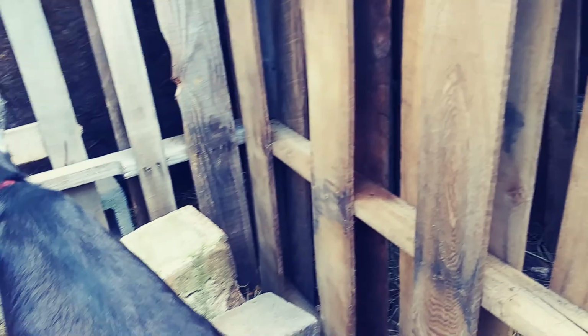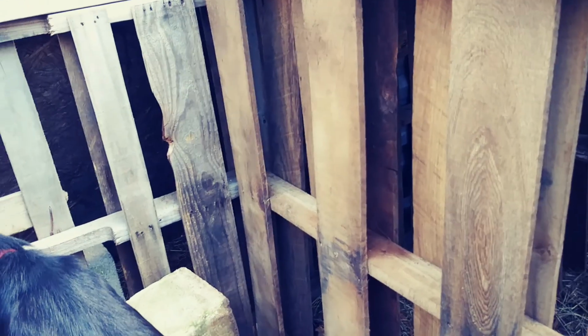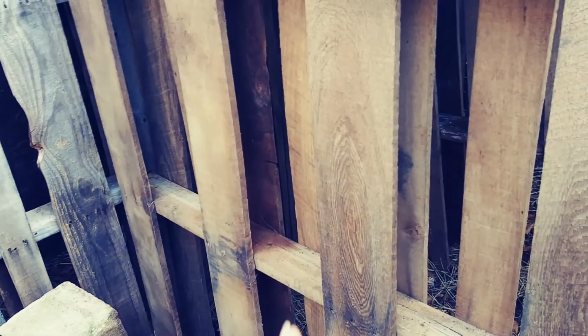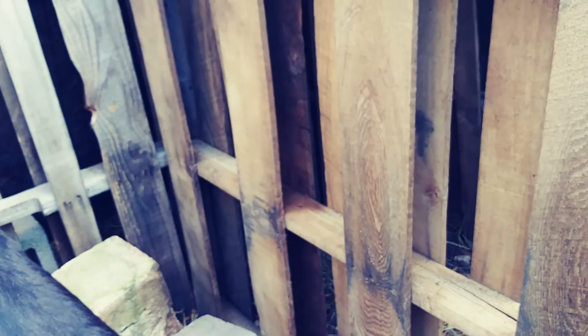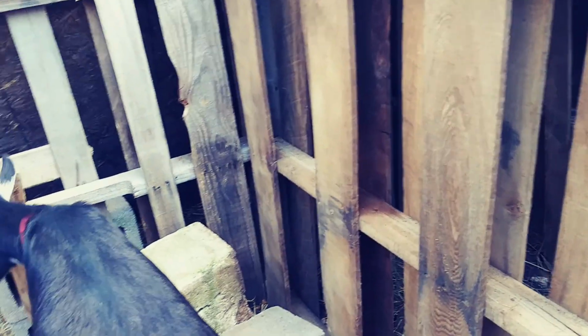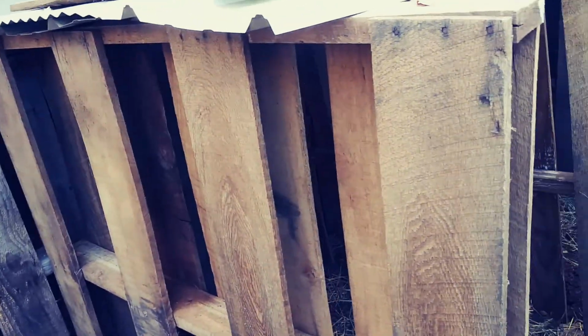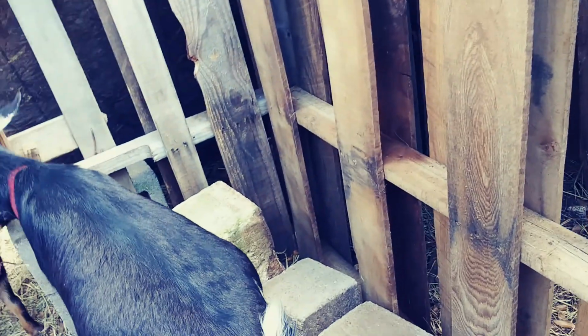I could have put another one right here if I hadn't put the door, so I may spread these out and make them just 2 great old big ones, and could use those for birthing stalls. When I got maybe a couple going in labor at the same time, I could put them in these bigger ones. When I get it built, I could put one pallet right here, and then one right in the middle and make 2 great old big ones. Anyway,